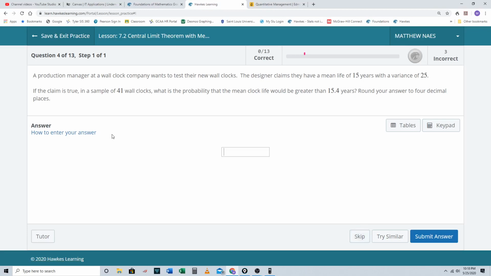Okay. Now, here's a really good question. There's a couple things happening. The production manager of a wall clock company wants to test their new wall clocks. The designer claims they have a mean life of 15 years with a variance of 25. If the claim is true, in a sample of 41 wall clocks, what is probably the mean clock life will be greater than 15.4. All right, so we have everything we just predicted, except we're not given standard deviation. This is mu, this is n, and this is x bar. It is greater than,